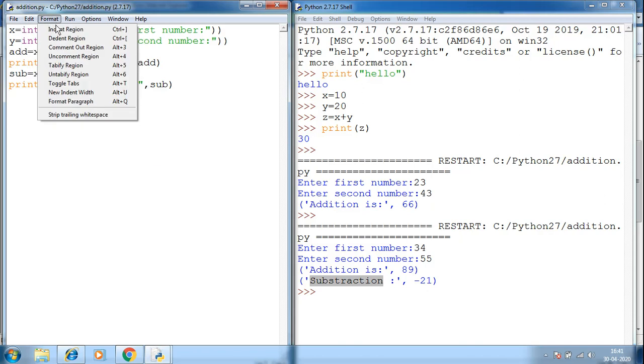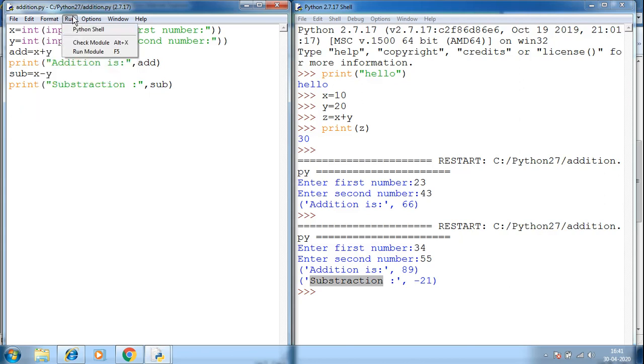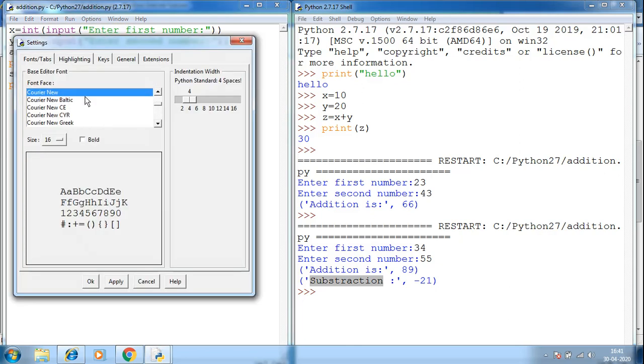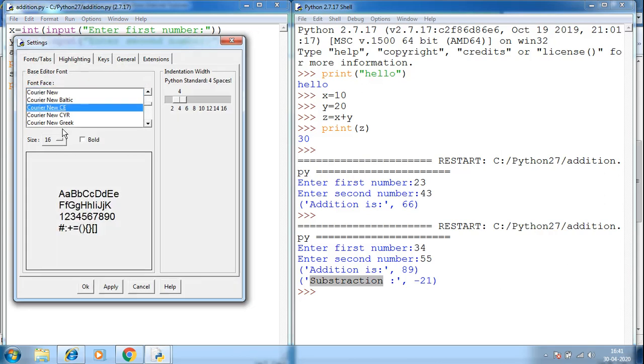For Format, you can use indentation options and specify indentation limits. To configure the development environment, you can go to Options, Windows, and then Configure. Here you can set the font you want and the size of the font.